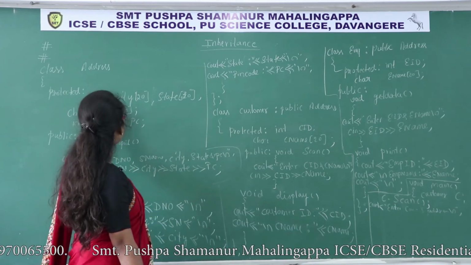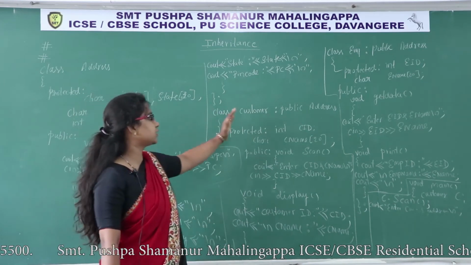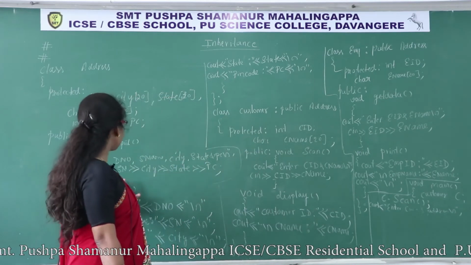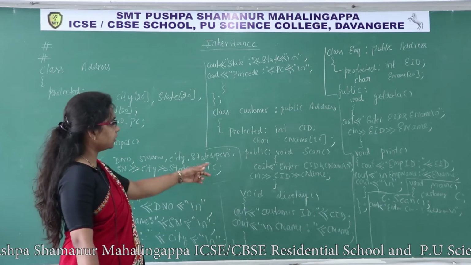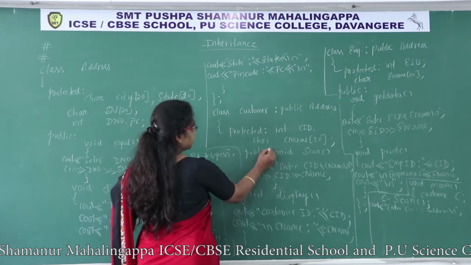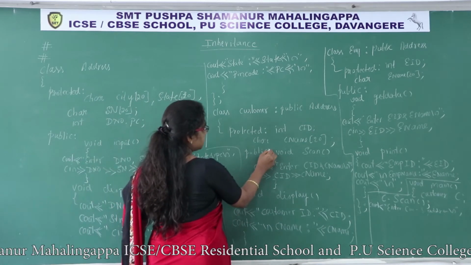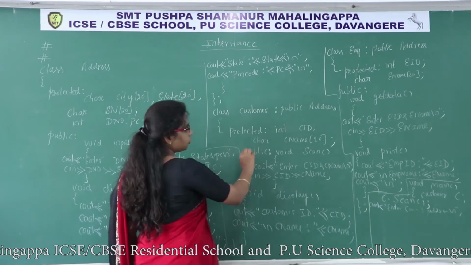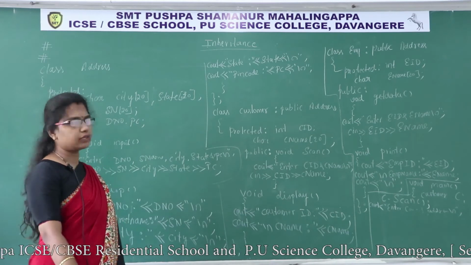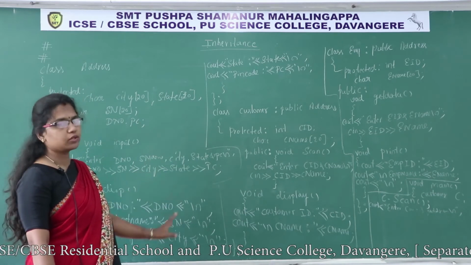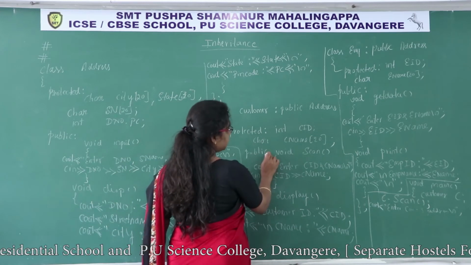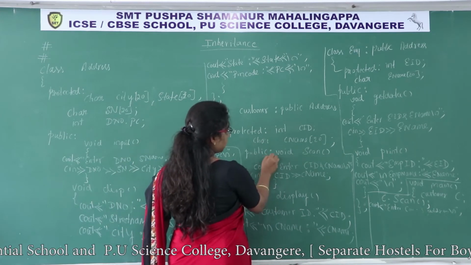Now the protected members are all inherited to the protected section of the derived class customer, and public members are inherited to the public section of the derived class, here public. So while writing this access specifier, to highlight you should not give underline and all. Just write these keywords in lower case. After writing keywords, you must leave one space here, then a colon.